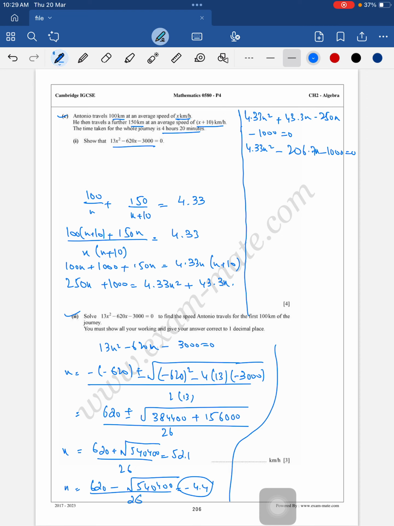The question was to find the speed individually for the first 100 kilometers. So that is x basically, right? And which we have found, that is 52.1 kilometers per hour,